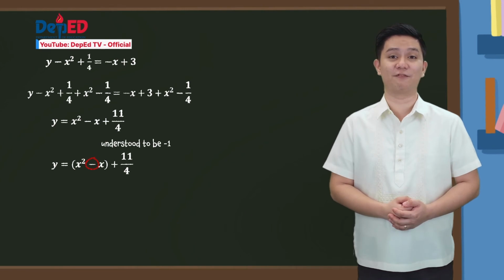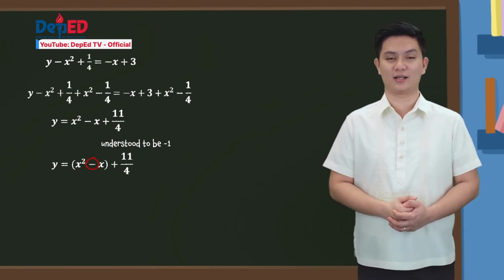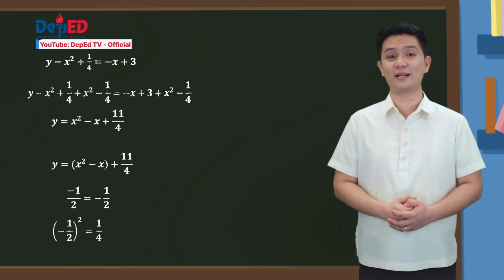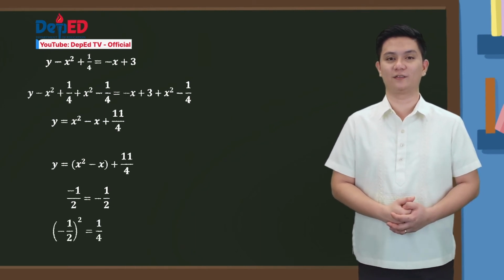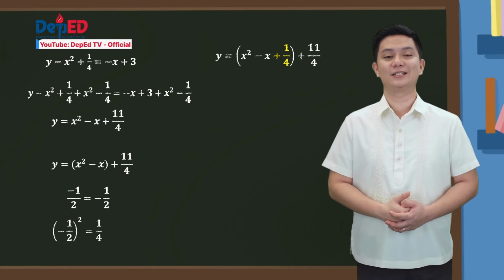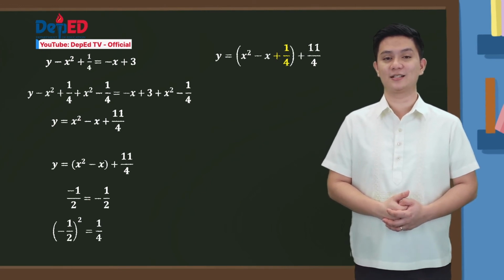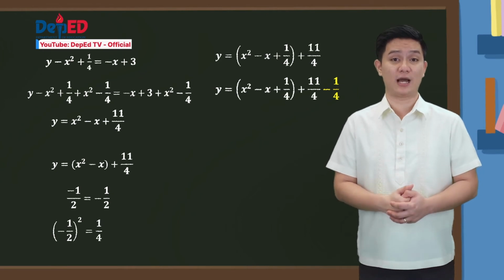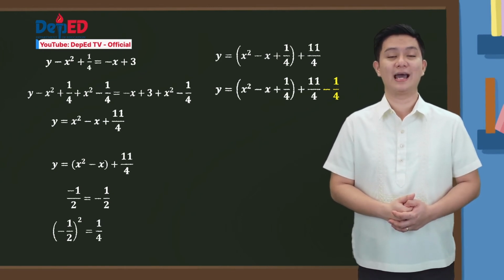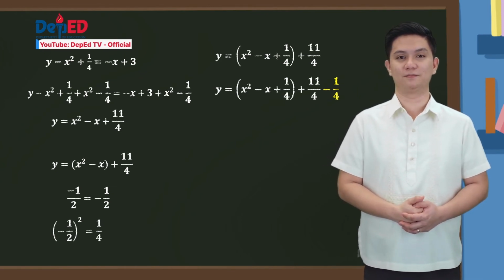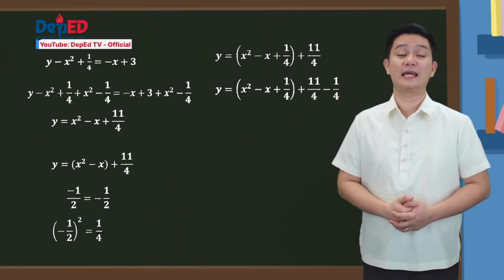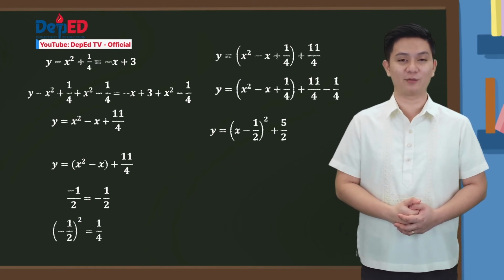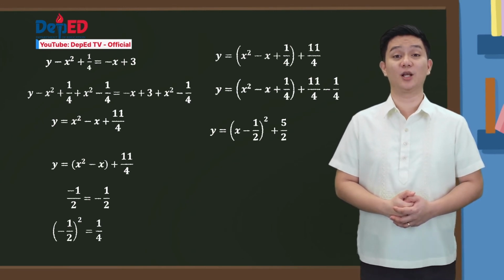The coefficient of x is negative 1. Its half is negative 1/2. The square of negative 1/2 is positive 1/4. We add 1/4 to the binomial in the parenthesis. And since the leading coefficient is just 1, we just have to subtract 1/4 from the constant term 11 over 4. This equation can now be rewritten as y equals the square of the binomial x minus 1/2 plus 5 over 2,